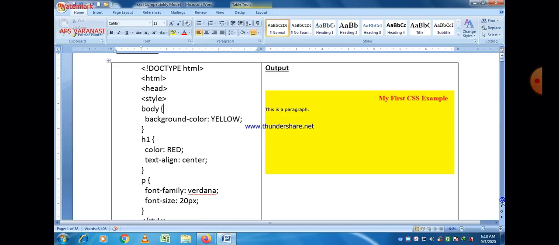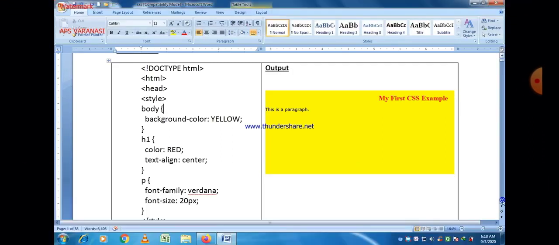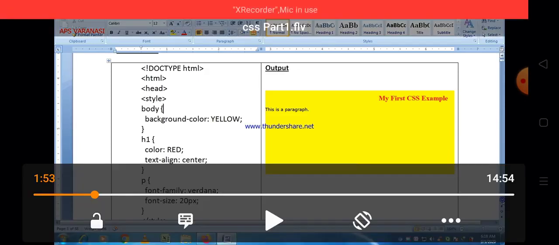You can see color colon red and then semicolon. We also apply text alignment here. For that there is an attribute name text-align, then a colon sign, then center, a semicolon after that, and the curly brace is closed. So what happens after that is the h1 heading will be red in color and center aligned.